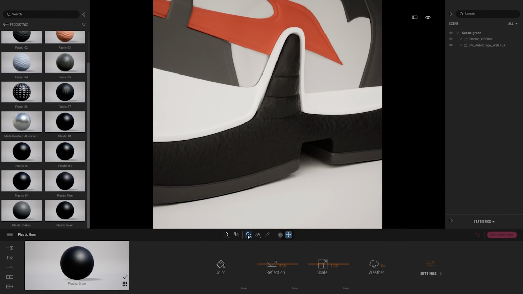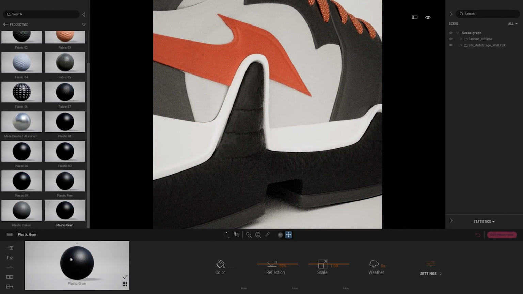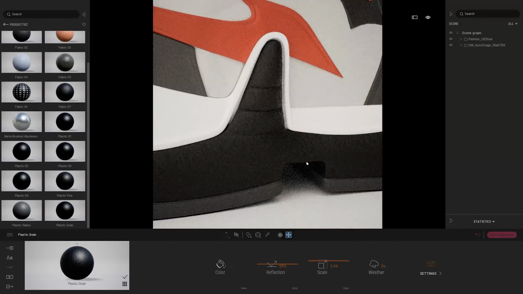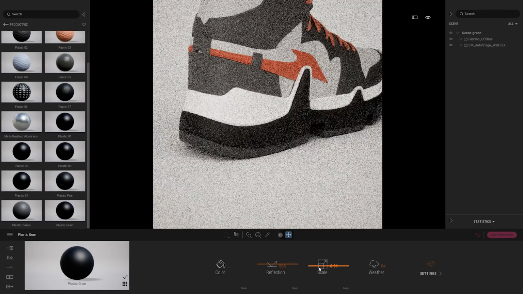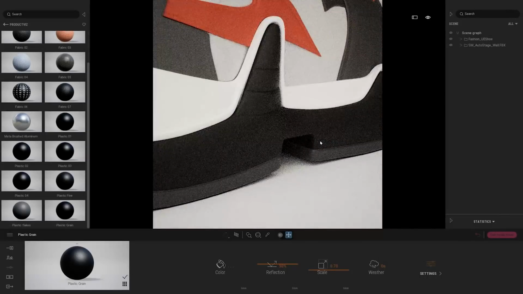So in Twinmotion, we have some tools to change the UVs. To do that, I will switch from object UV to probably spherical will work well in that case. When you switch that, you will need again to drag and drop the material onto your geometry. So I'm picking again the same material from the dock over here, and I'm going to drag that material on my sole again. And as you can see here, if I raise a bit the scale, we don't have stretch anymore. Now we have a perfectly fine grainy plastic on the side. So just making the grain a bit smaller.